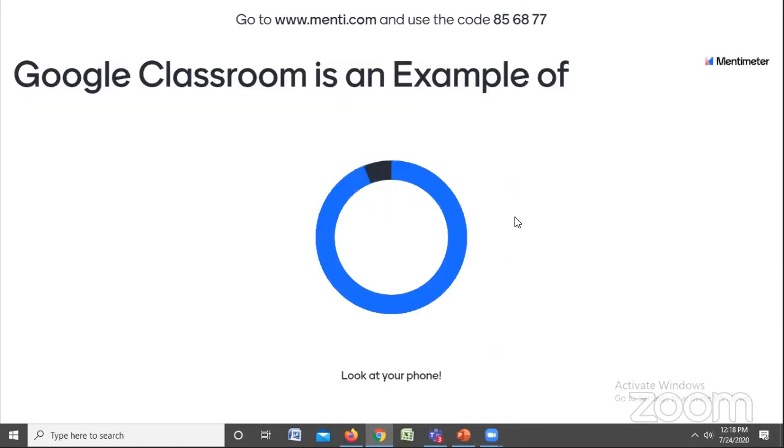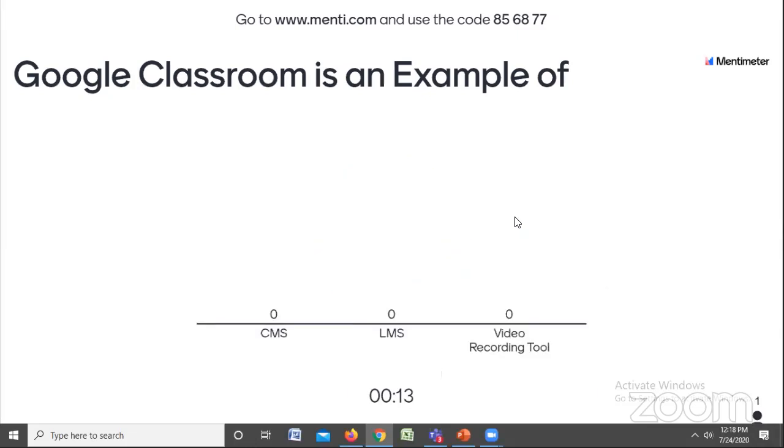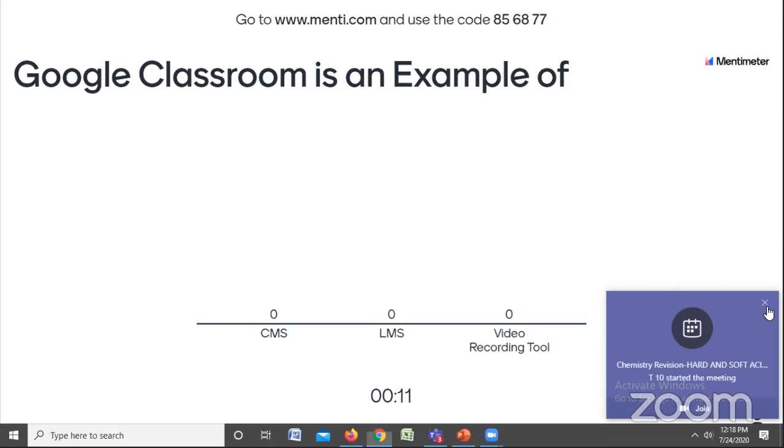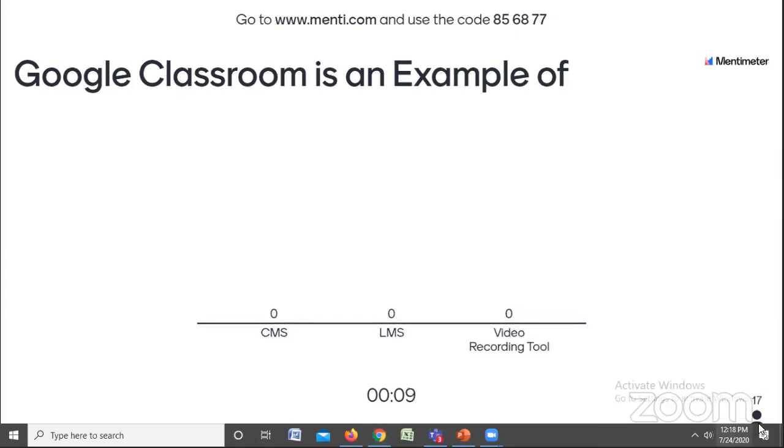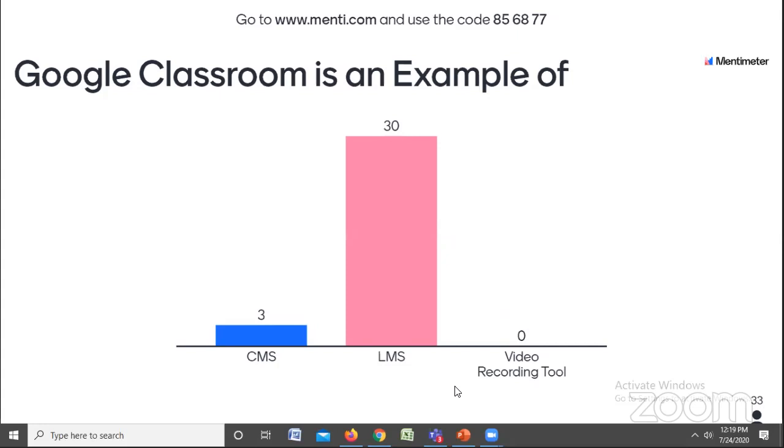So now read the question and answer it. Now on the right, you can see how many have answered. You can see how many have responded. I have given a timer for this, 15 seconds. You can also make it fastest fingers first.